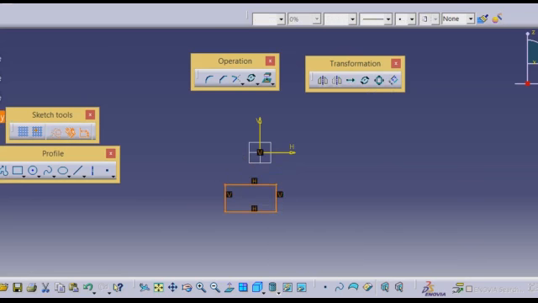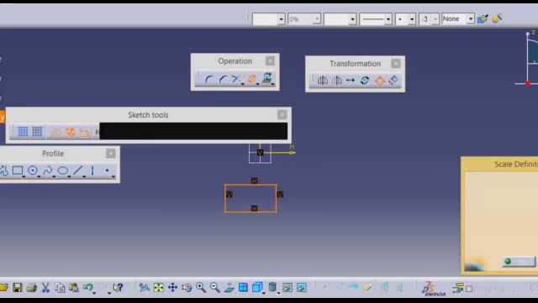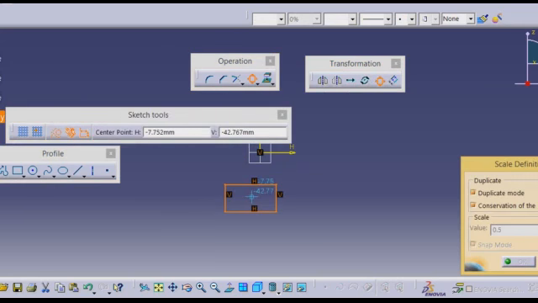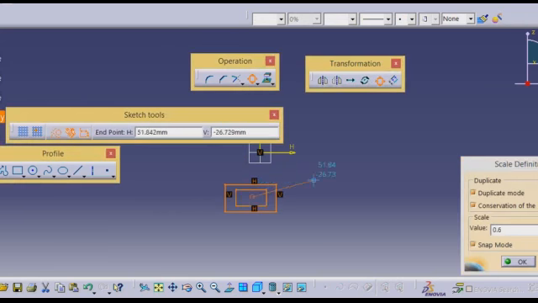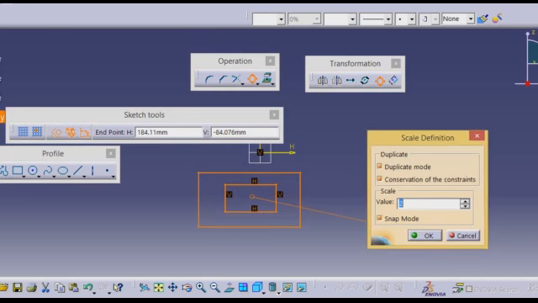Next we will go for scale. In scale also we have the duplicate mode option, so that the original will be retained if the duplicate mode is on. You should give the center point, the base point and the scale factor.